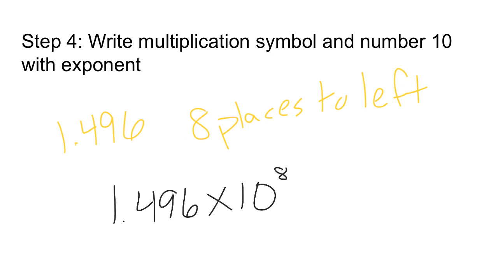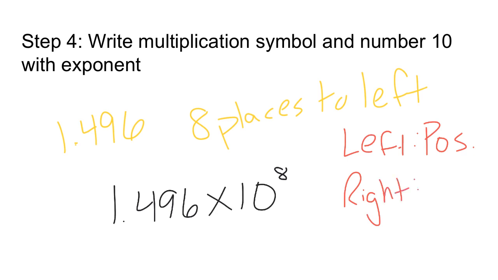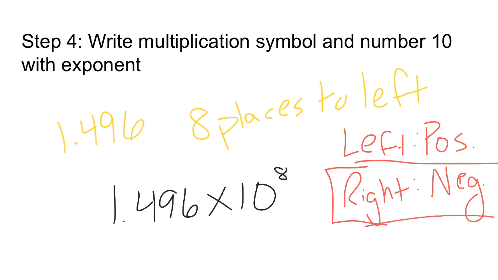A rule with this is if we move to the left, that means it's positive. And if we moved our decimal places to the right, that means our exponent is negative. And so you'll see that in the last example here. We're going to have one where we're moving it to the right, and it's going to be a negative exponent. But that's how we can remember that. Left is positive, right is negative. And so here is my